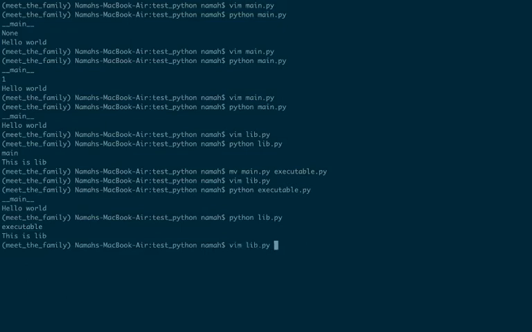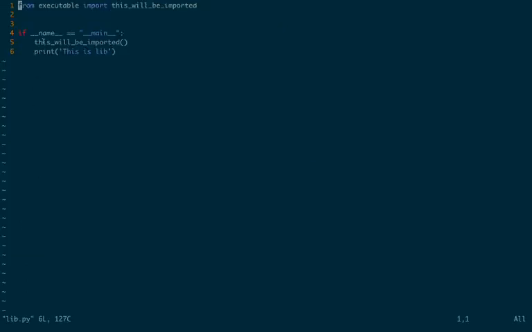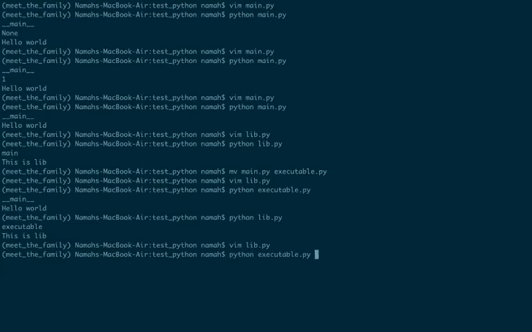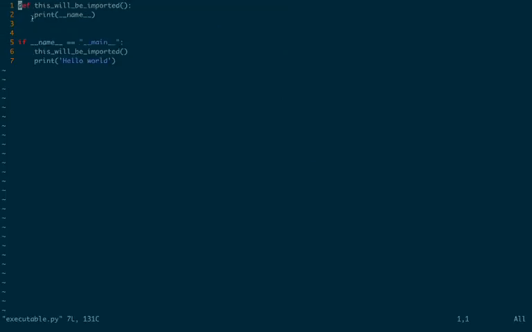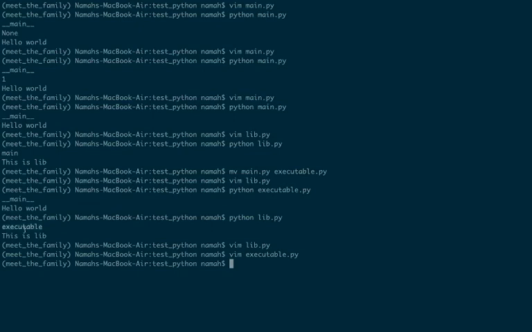What just happened over here? We called this will be imported. What does it print? That function basically prints the name, and as you can see the name is now executable. So this is what __name__ is.